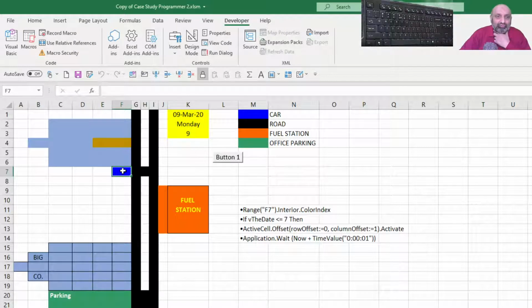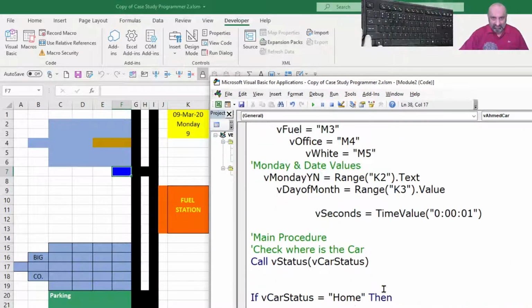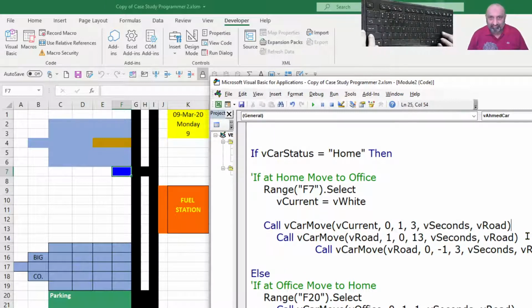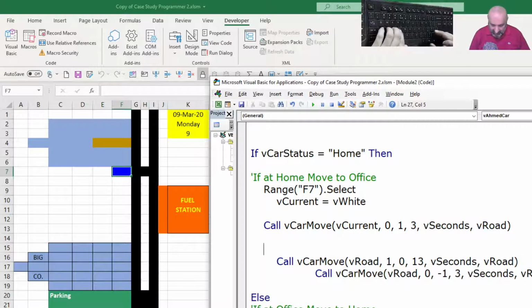Now we have to move Amit to office, but if it's Monday, so we have to program for Monday. So for Monday, we have to break this 13 steps for Monday. Always type the commands. It is very beneficial if you want to edit your macro in future for Monday and first week of month.